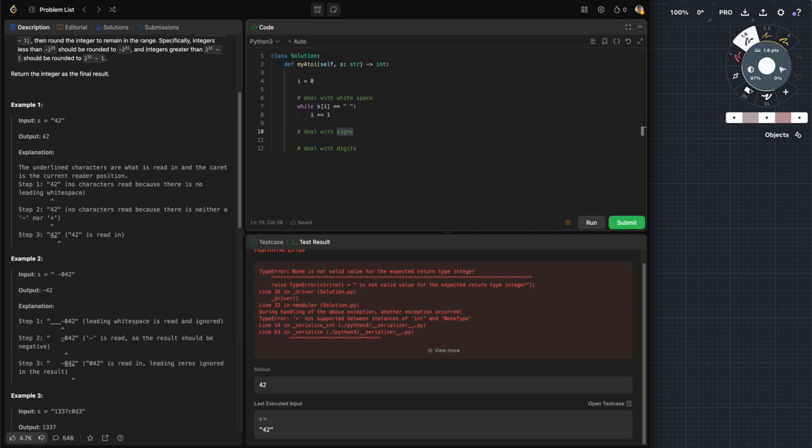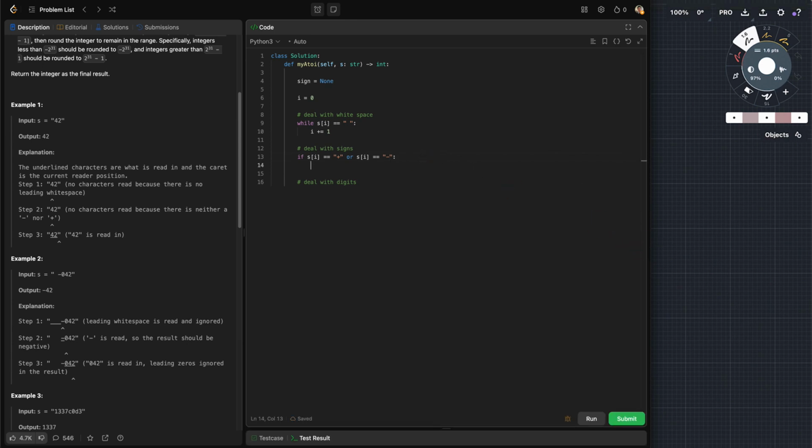All right, so let's deal with signs. I guess the sign can start as none. If this is a sign, so if it's plus or it's minus, then we have a sign, right? Sign equals S here. If there's no sign, then I guess we can just assume the sign is plus. So we deal with signs, and increment I here,